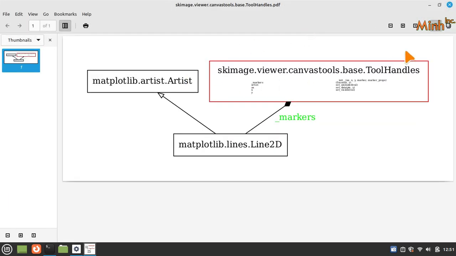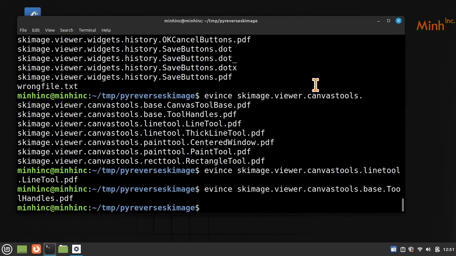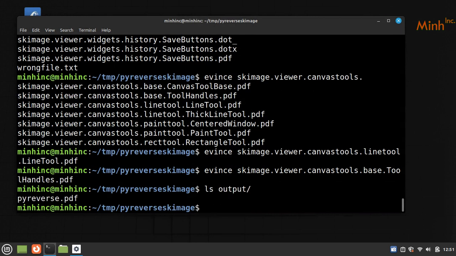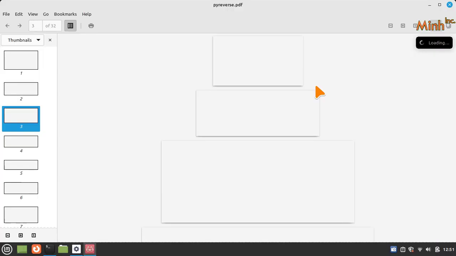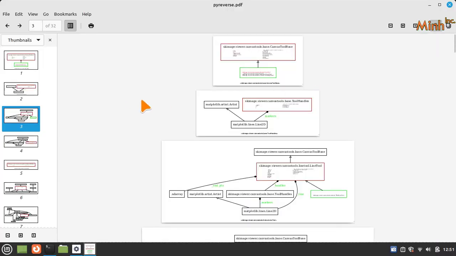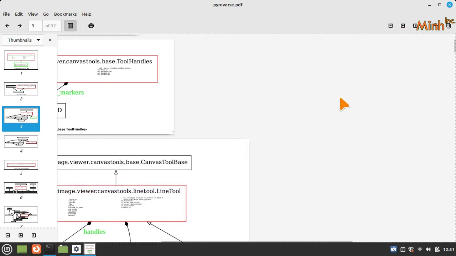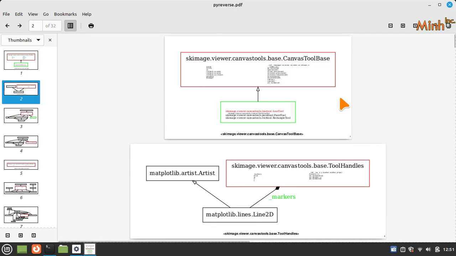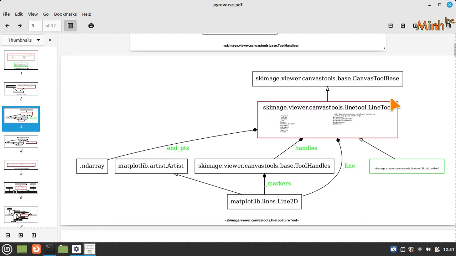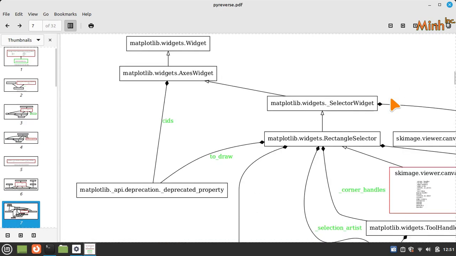Okay, so these are the other classes. It generates an output directory, and it generates a complete PDF. So all 32 classes we can see in the PDF, like we have the class called Canvas tool base, and these are the derived classes from it. So panoramic, all the classes,